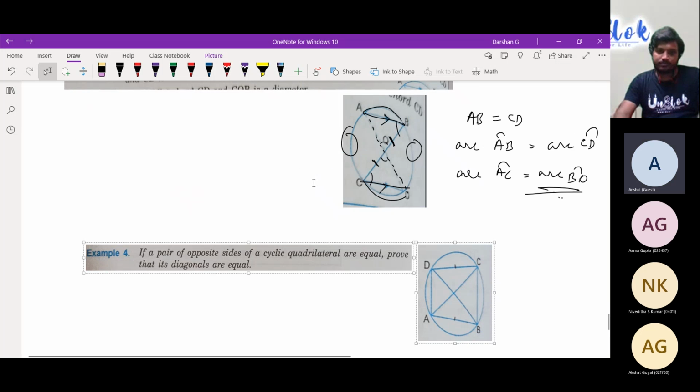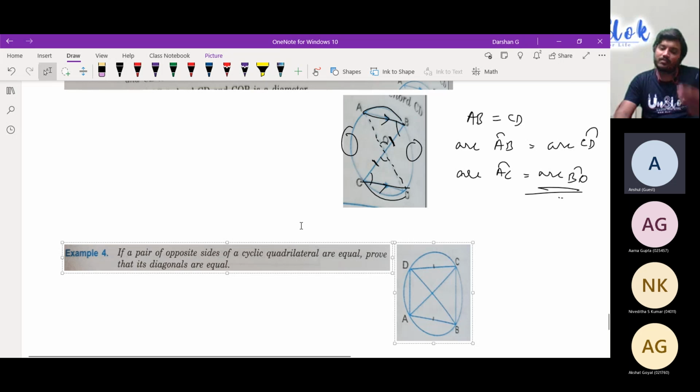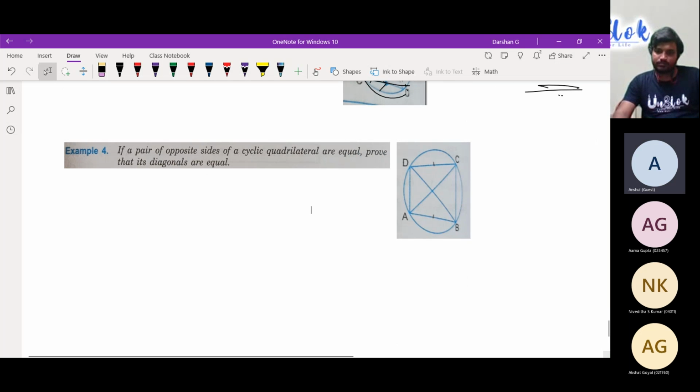Sir, so basically you join AC and BD. Now you get triangles AOC and BOD, which are congruent. First, CO equals BO because they are radii of the circle. Then angle AOC equals angle BOD, which are vertically opposite angles. And now, when we drew AC and BD, since they're parallel because both of them are perpendicular to CD and AB, angle CAO is equal to angle BDO by interior alternate angles. Correct. So you can do it by that method also. No problem. Any method is fine. Both the methods are right. So go ahead with this question. This is the last kind of a question.